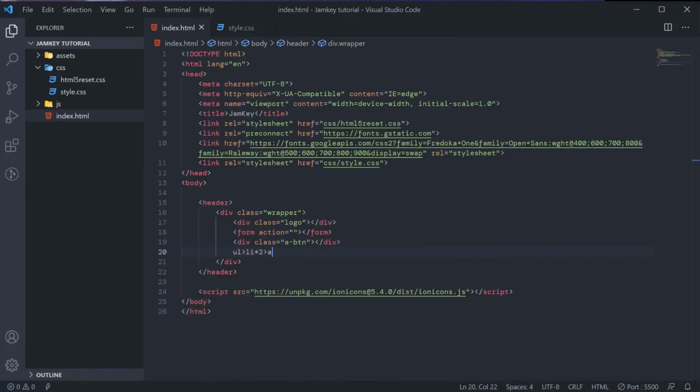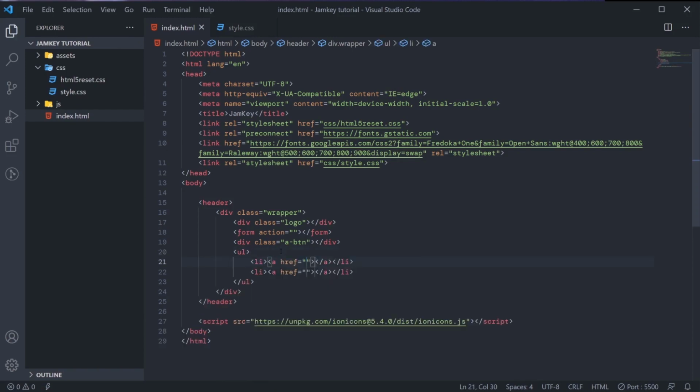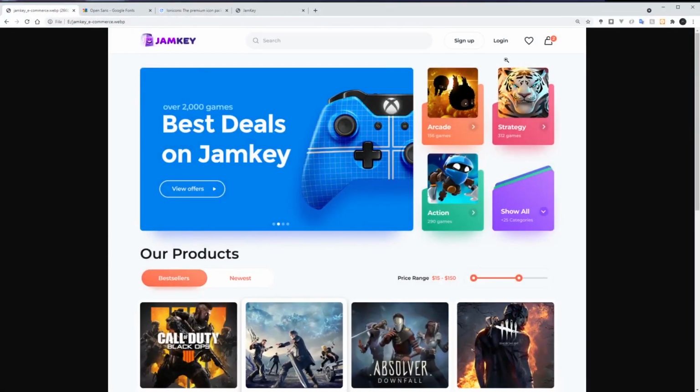I'll put pound sign here. So what will happen now? So we need to get these icons 1, 2.